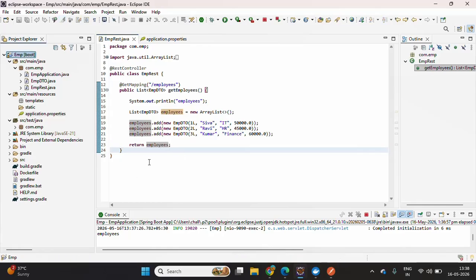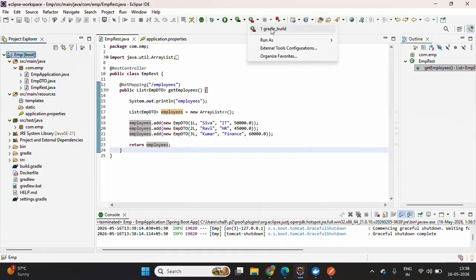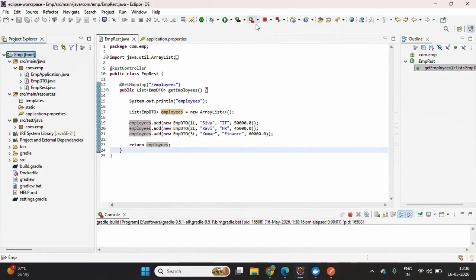After writing the code, if you want to run this, we need to generate the artifact file, that is, the build file. Okay, I'm going to build this. I already set up the build configuration of Gradle. That's why I'm simply clicking the